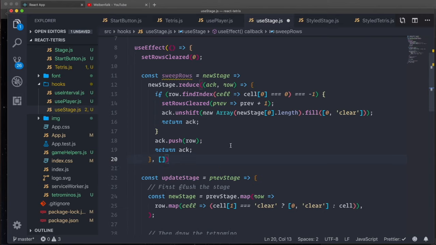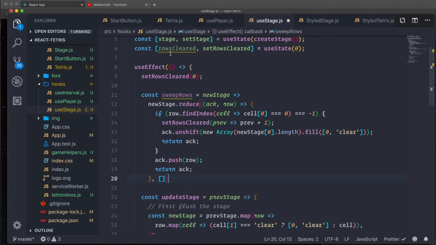I will go through it again and tell you what it will do. We give this function our stage, and we take the complete stage and use the reduce method on this one. By using reduce, we can create a new array. So we check if the row contains any 0. If it does, we know that this row shouldn't be clear because we haven't filled up a complete row. But if we have filled up a complete row, we first add a row to our rows cleared state. Then we add a complete empty, a new row at the top of the array, and we return the accumulated